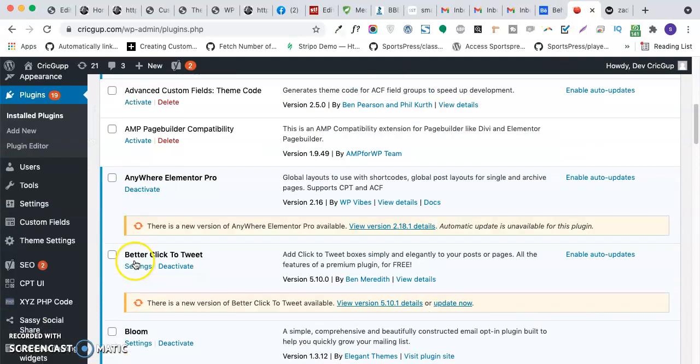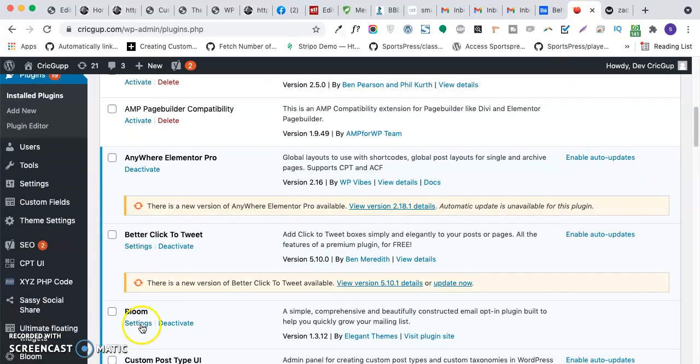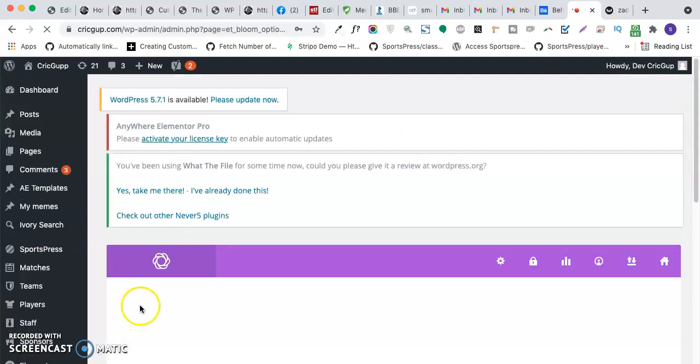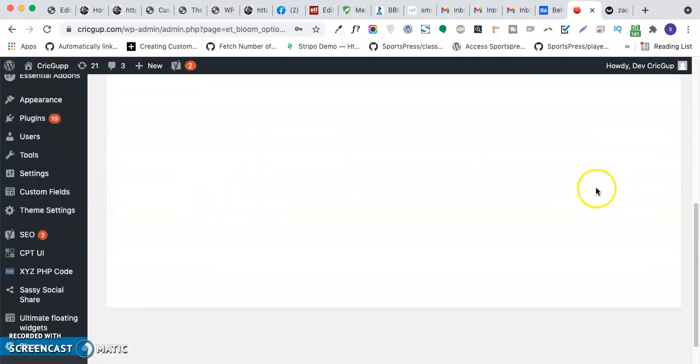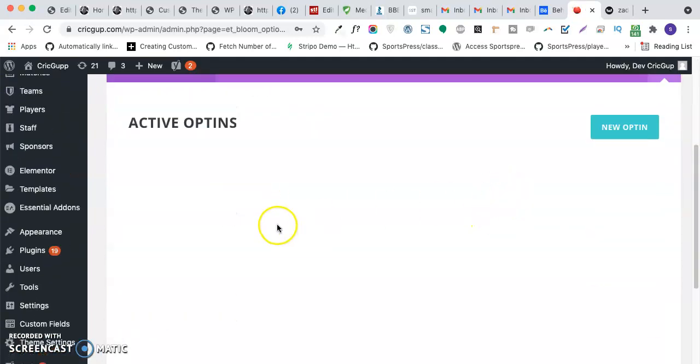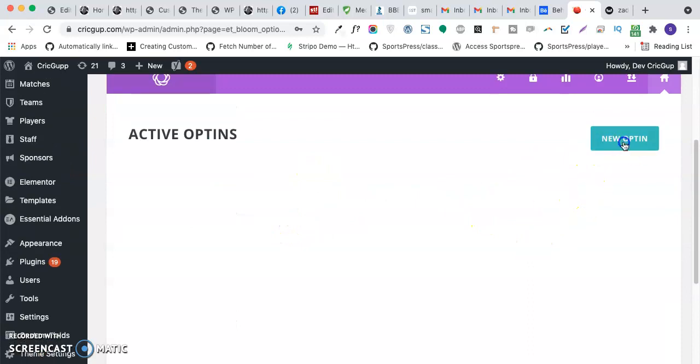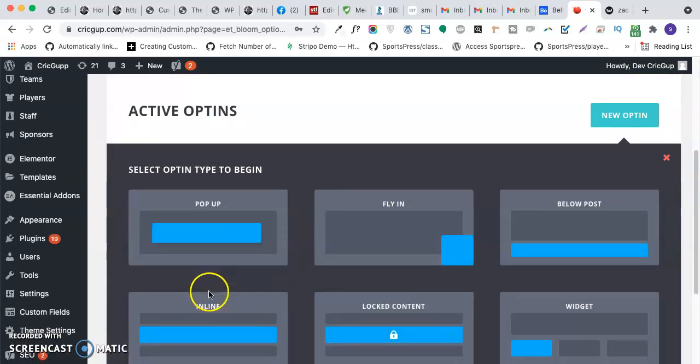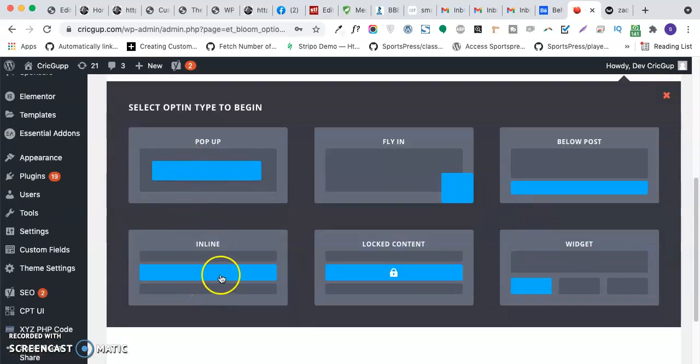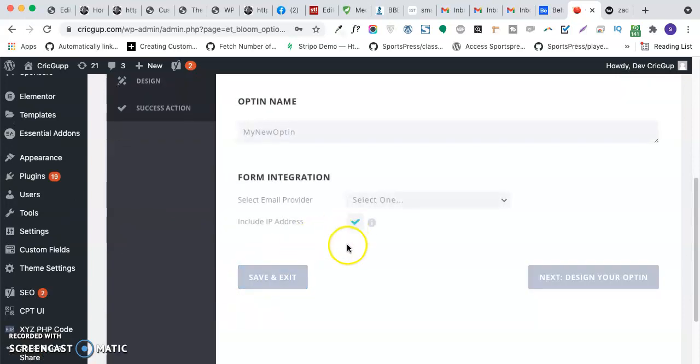Here I've already installed the Bloom plugin, and just go to the settings and I'll show you how we can add it. As you can see, there is no opt-in available in my website currently, so I'll create a new opt-in and select one of my preferred methods. I'll select the inline opt-in method here, and I'll give it the name Sendy subscription box.